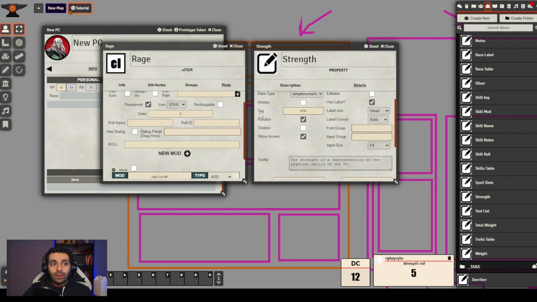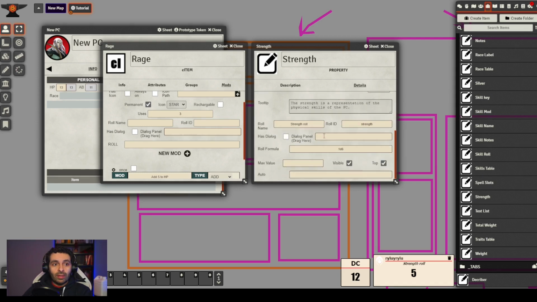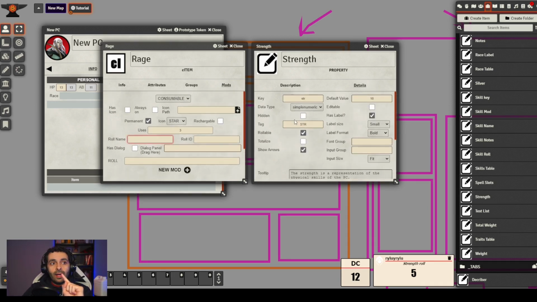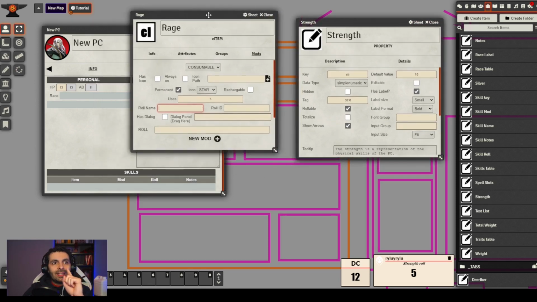These will only show if you check on rollable. So the first place, as I said, is the role and role name fields of rollable properties or consumable or activation C items.